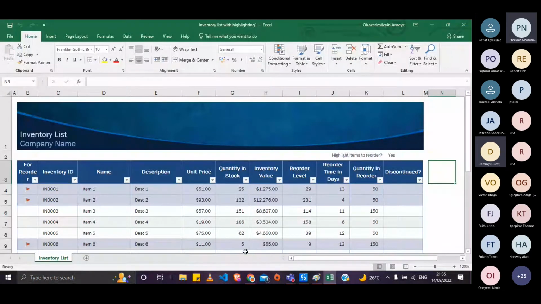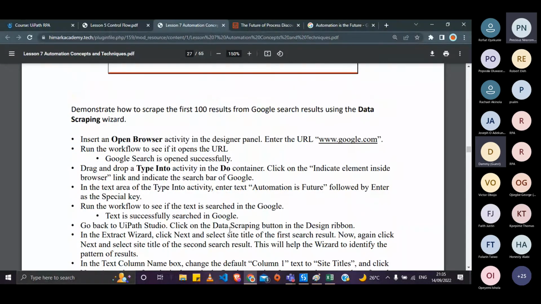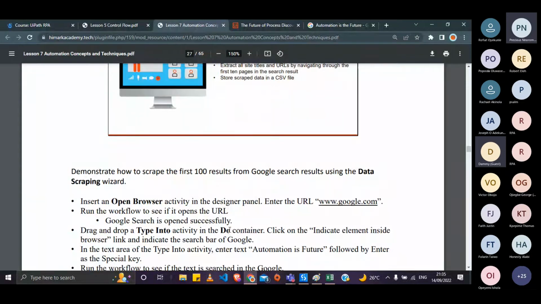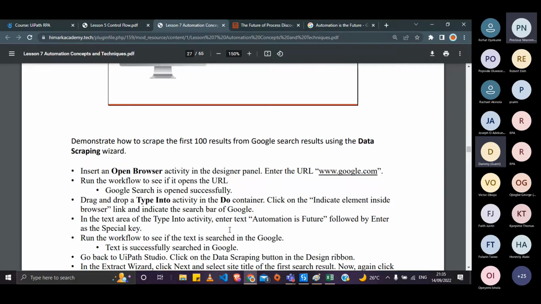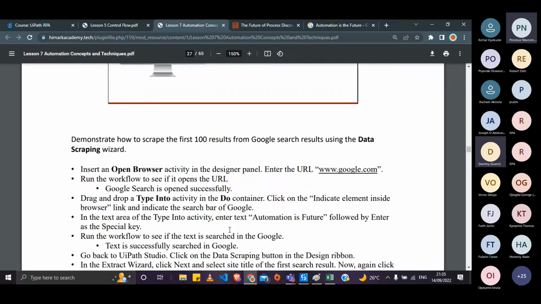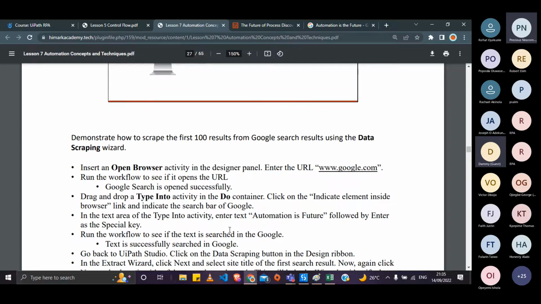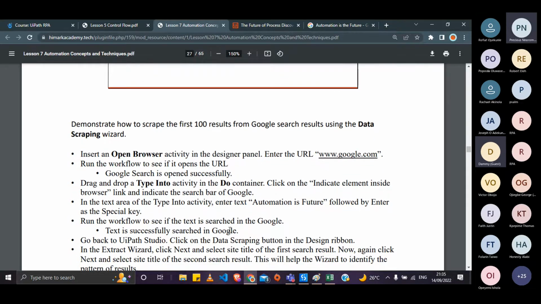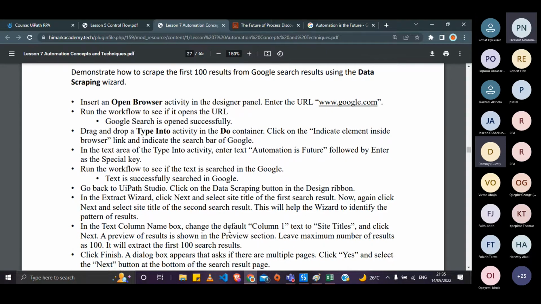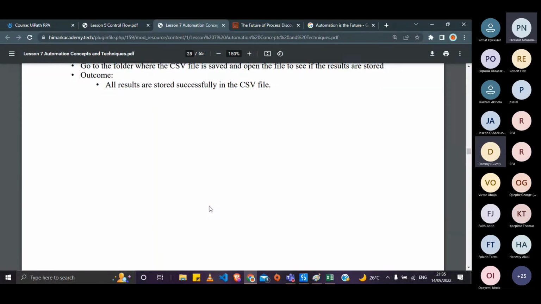So there should be an activity in the PDF. The activity says demonstrate how to scrape the first 100 results of a Google search, and use the Type Into activity. Type Into, and in the Do container, indicate elements, measure in the future. So I think this just combines